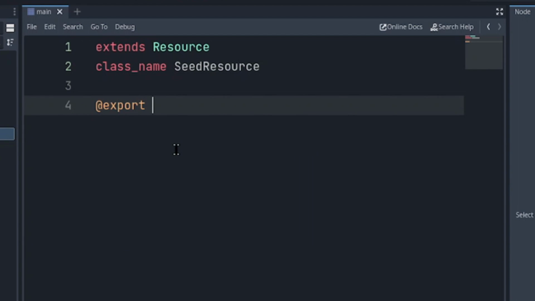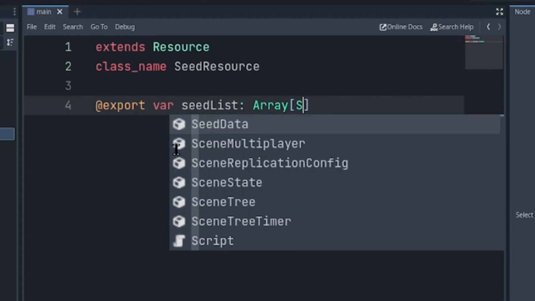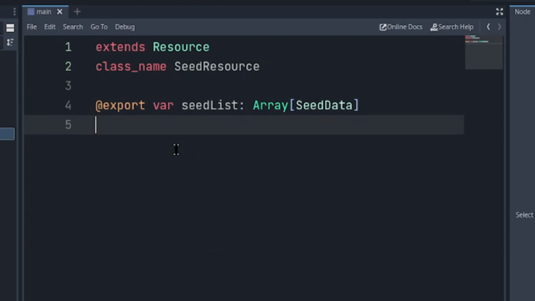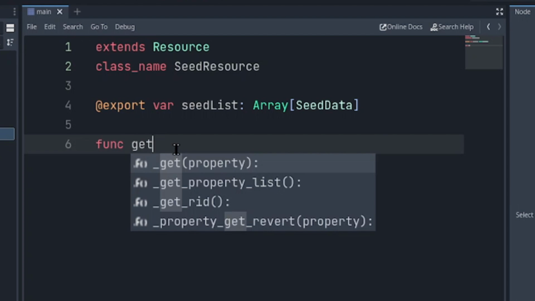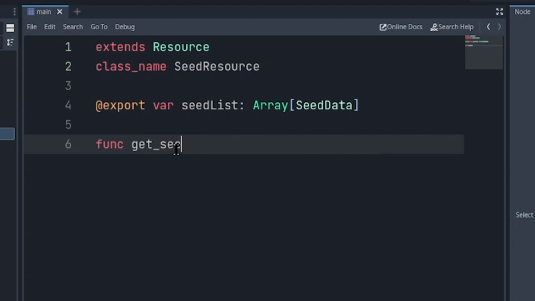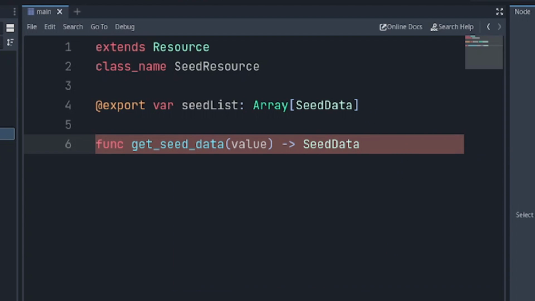And we are going to export a variable called seed list, which will be an array that holds all our seed resource objects. Then we'll define a function get seed data, and this will receive a value and return the seed data. So get seed data, this is going to receive a value and return the seed data. Okay,